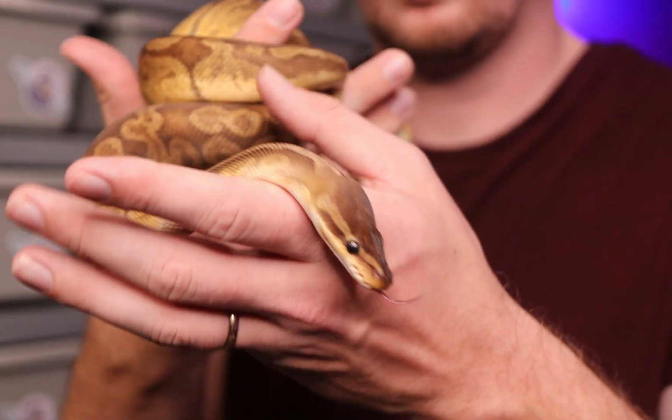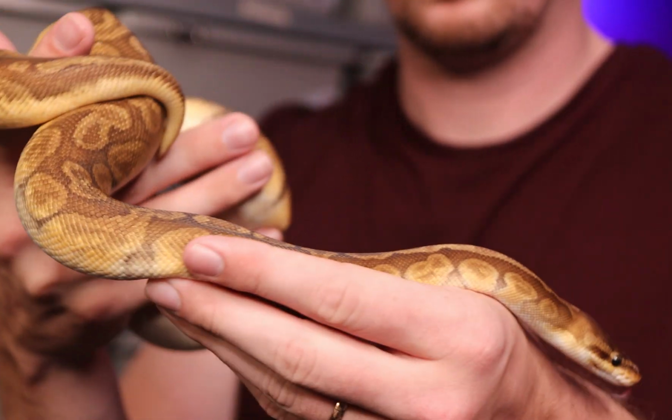Moving on from the pet one, we're going to jump back over to the breeder group. And the breeder group has significantly fewer snakes. We only have 12 females and 3 males in this situation, and for all of our breeders, we're just going to go with one 70-30. And even though that would only fill up half of the spots in the 70-30, it gives us room for holdbacks, it gives us room for growth later on,